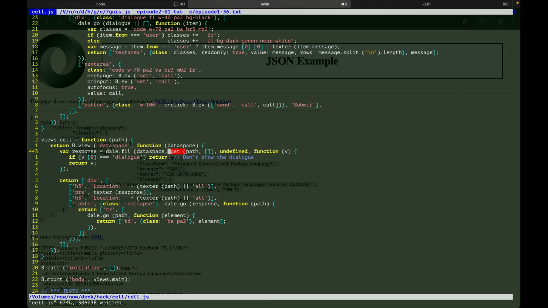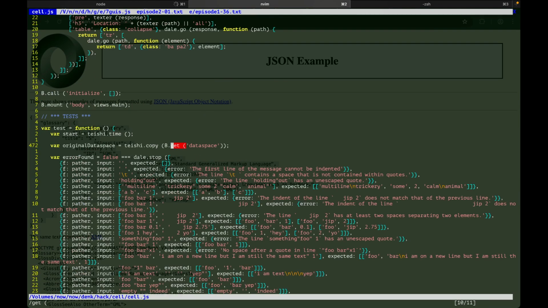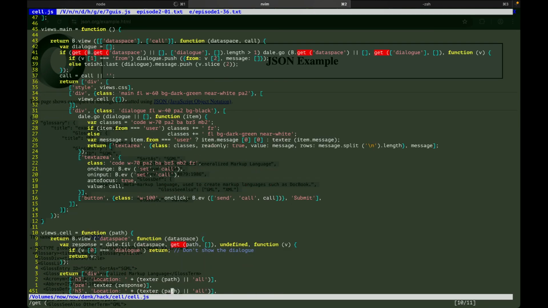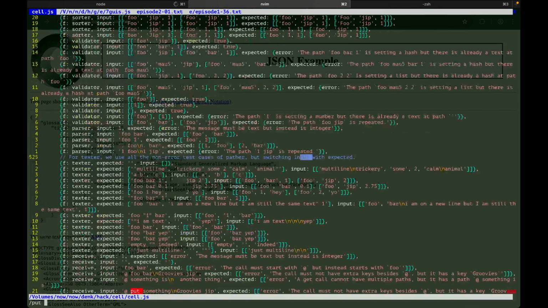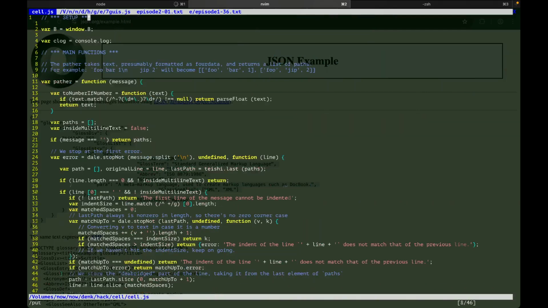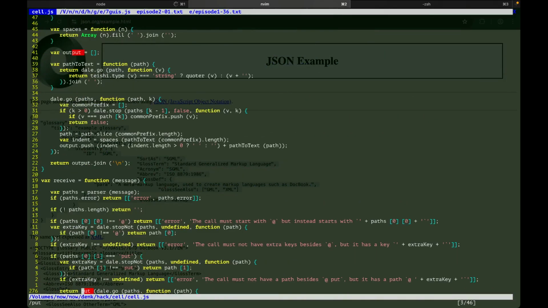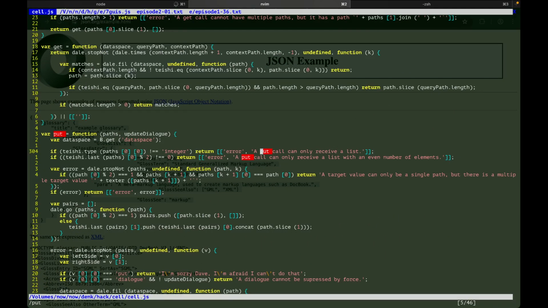Will this break? Probably. But we will live. And then put also should take the data space, right? I almost never finish up doing what I wanted to do on the episode, but it's fine because I do other things. And the data space,